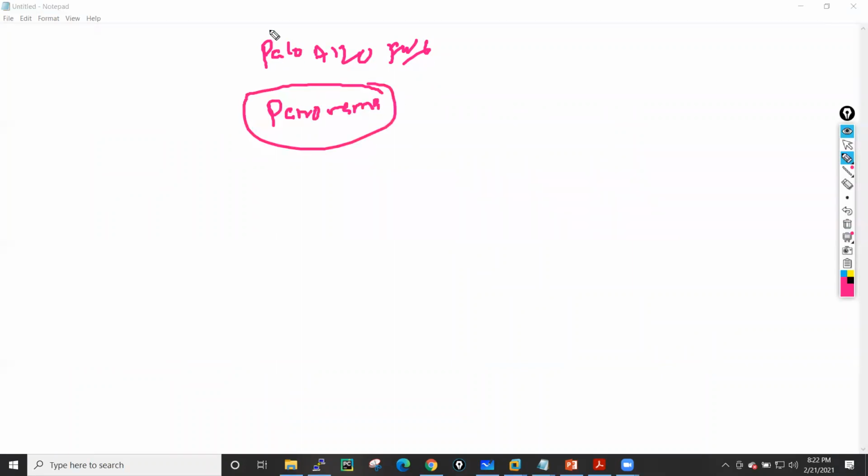Now, basically in Palo Alto, we have two products. The first one is your Palo Alto firewalls, and we also have Panorama. Generally, Panorama is a manager of your firewall. Let's suppose in your organization you have, let's say, 5 locations where you have 5 Palo Alto firewalls; you can easily manage them.